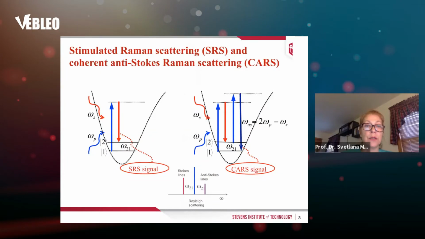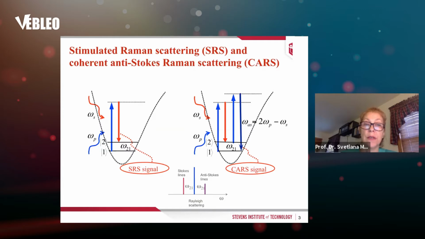In molecules, vibrations within the electronic potential are quantized. And here they are presented as two horizontal lines showing the ground vibrational state 1 and the first excited vibrational state 2. Coherent Raman scattering spectroscopy is based on the stimulated Raman scattering process, which implies two frequencies, omega pump